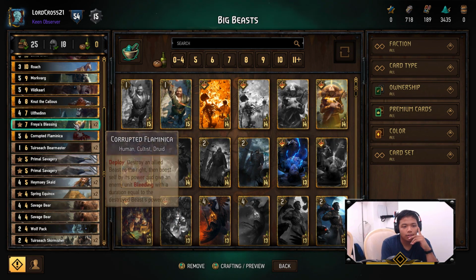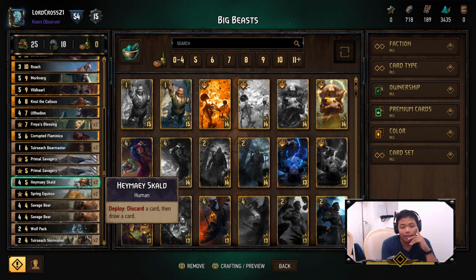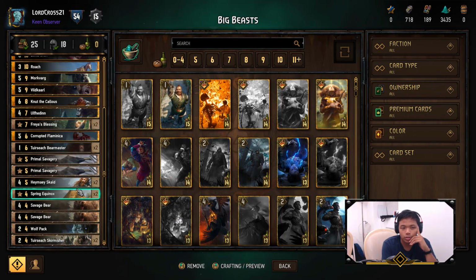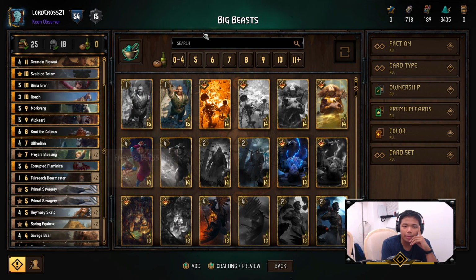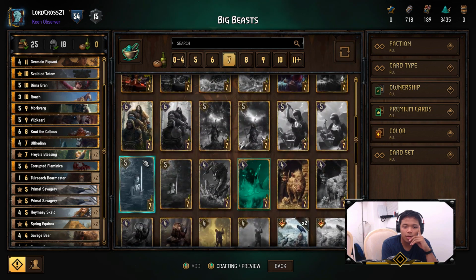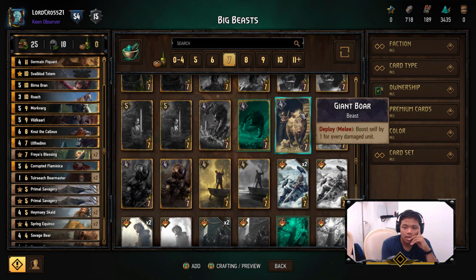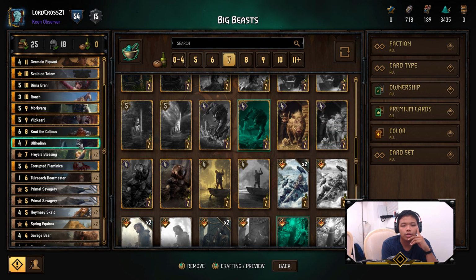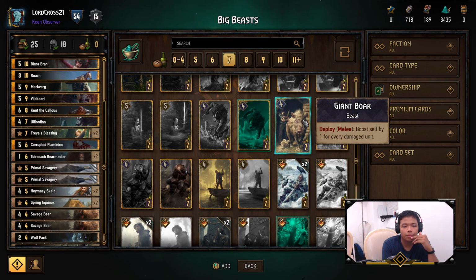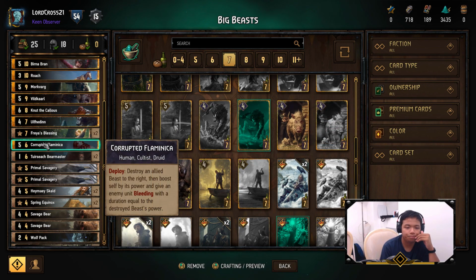Anyway, you can also use Freya's Blessing to play another Heime Scald. Maybe if you're missing a piece of the puzzle that you want returned, then that's always an option. I'm thinking of maybe just having 1 Freya's Blessing, because honestly, I think 2 might be a bit redundant. Like, I thought about adding in a giant boar, but I do have a lot of units that actually